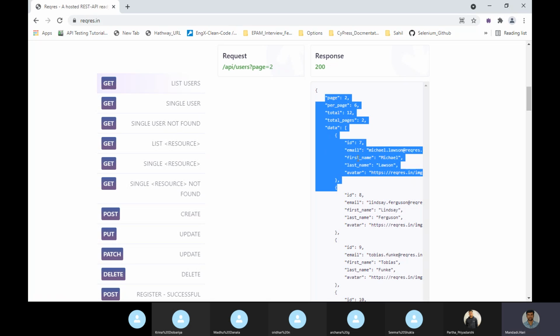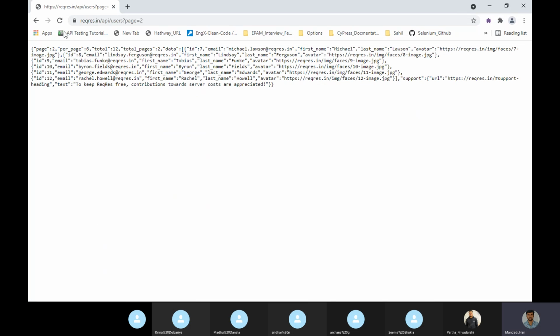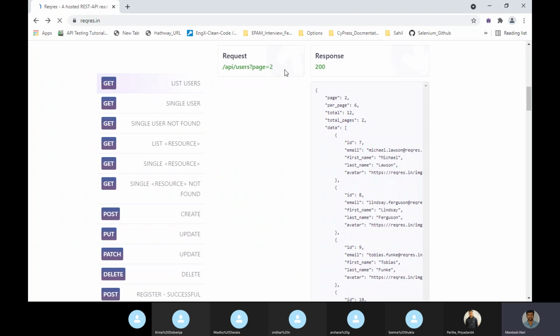Suppose I pass users id 7, then that will be a path parameter. What is meant by path parameter? You are trying to get a specific user, id 7. I am trying to get a specific thing, a specific value.